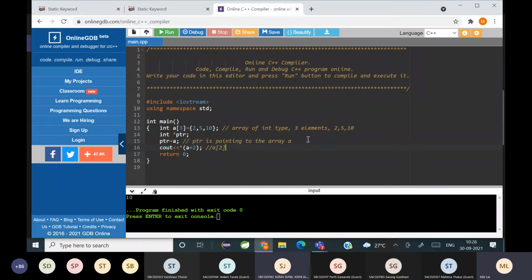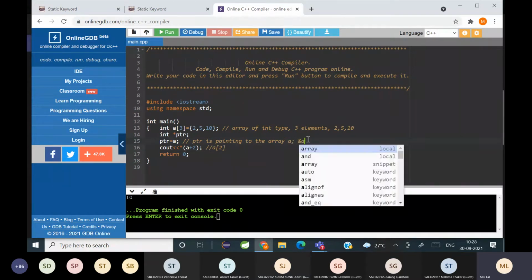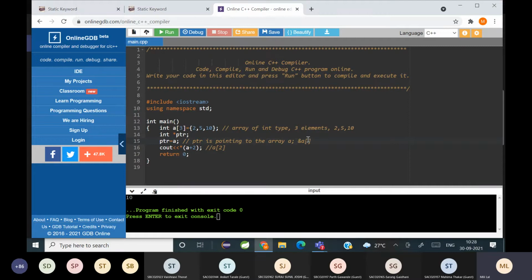Array A, or it is equivalent to, you can write ptr equal to address of A of 0.